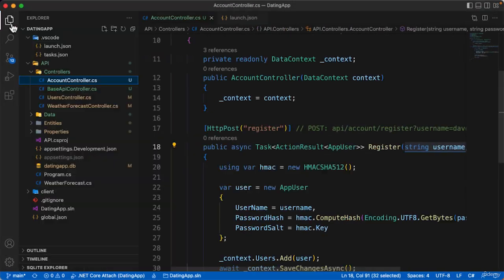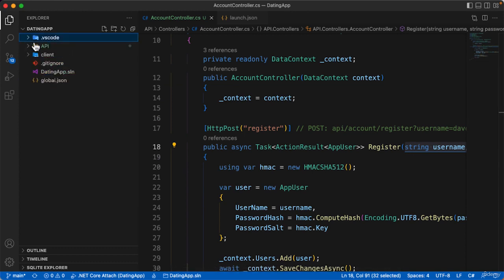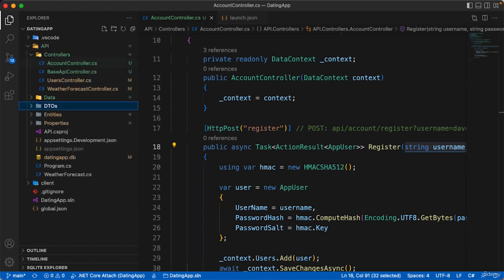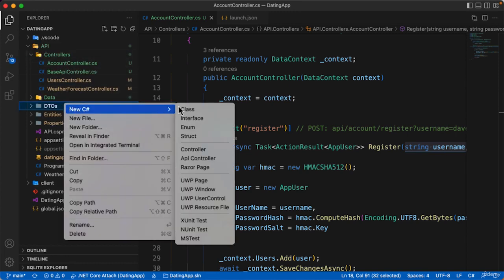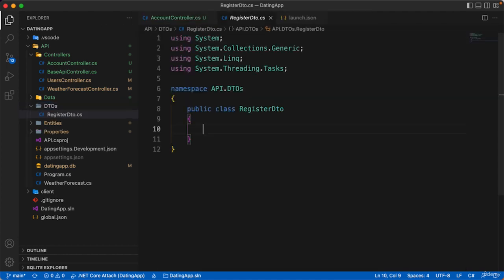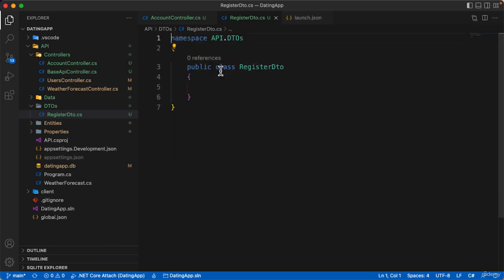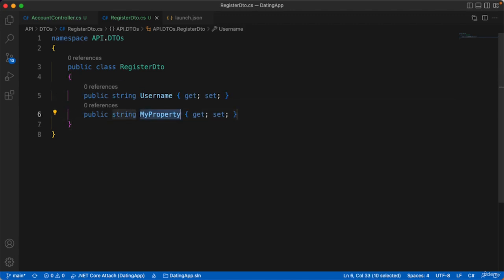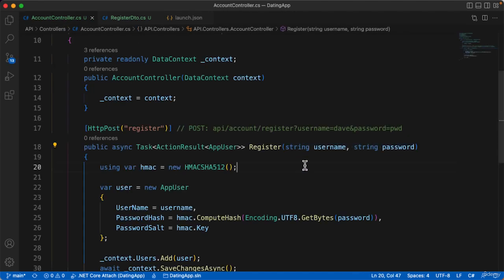Now, to do this, we'll create a new folder in our API and we'll call it DTOs, and inside here we'll create a new class and we'll call it RegisterDTO, and press return, and let's remove the unnecessary usings. Inside here we're going to create two properties, one for the string of the username and one for the string of the password,